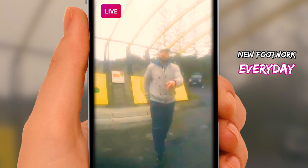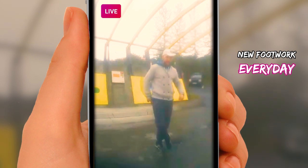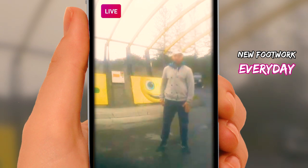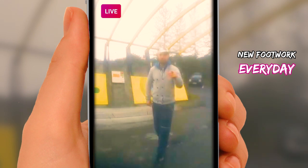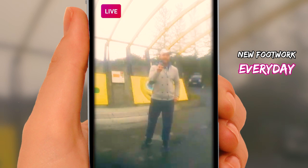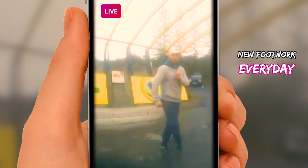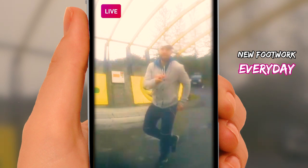Step to the front. Tap to the back. Step to the back. Tap. Cross, open, open. Now with the right. Step, tap, cross, open, open. Again. Step, tap, cross, open, step, tap,